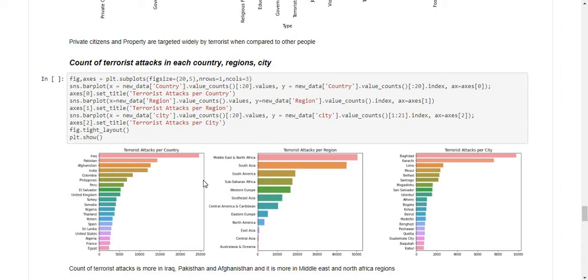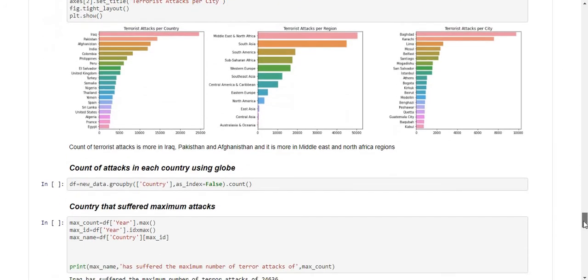Sorry, horizontal column diagram. Here, Iraq exhibits the largest. In the Middle East and North Africa region, a large number of terrorist attacks have happened, and the city Baghdad contributes a large number of terrorist attacks.